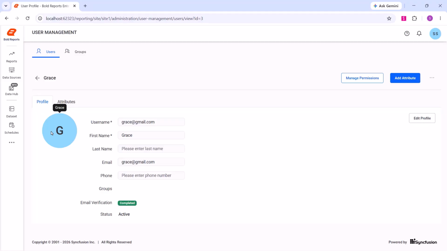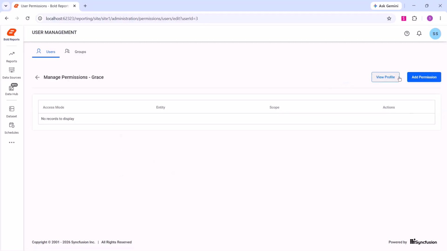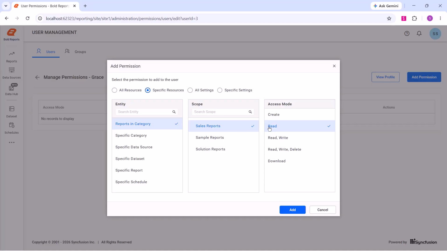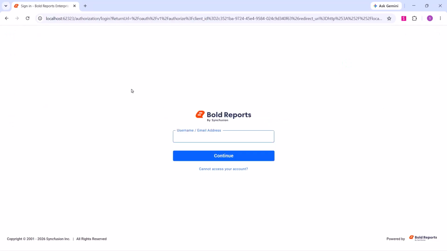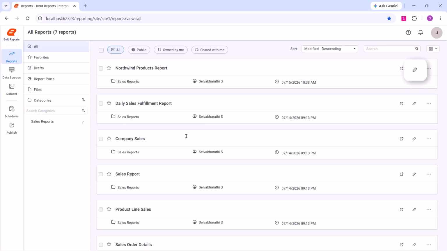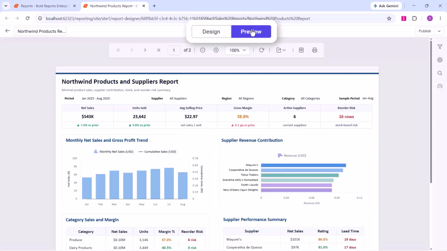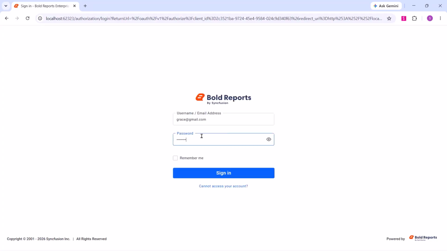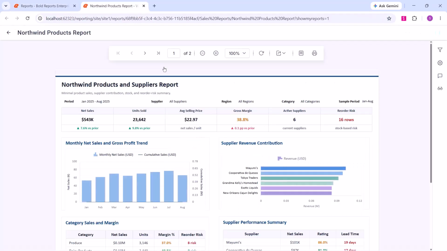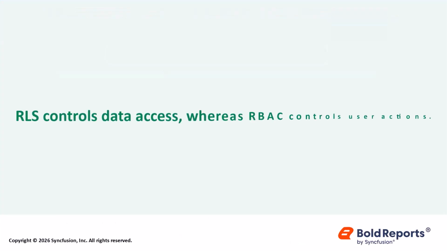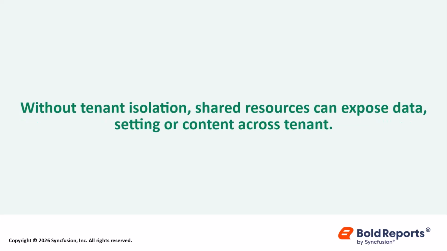Then I open Grace's profile and grant her read-only access. When Jack signs in, he can edit and preview the report. When Grace signs in, she can only view it. She cannot make changes. So RLS controls what data users can see, while RBAC controls which actions users are allowed to perform. Even if the data is filtered correctly and permissions are set properly, cross-tenant issues can still occur through